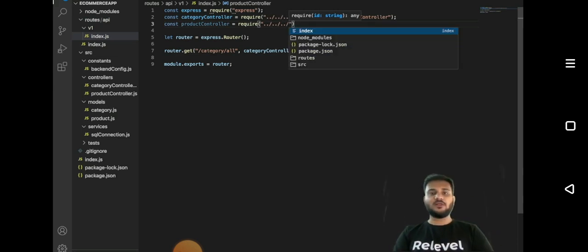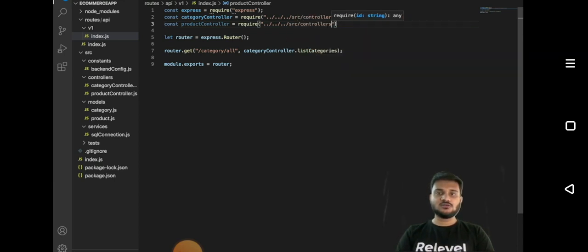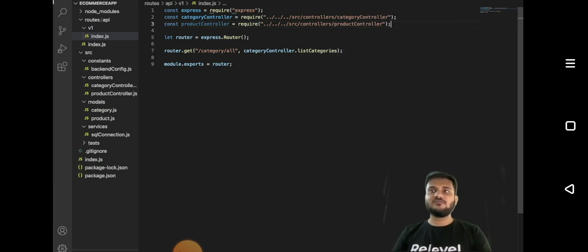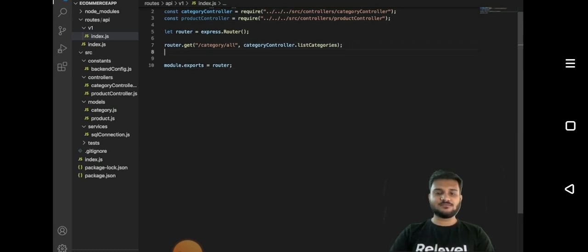Now in the home directory, now we'll go to source, controllers, and we'll say product controller. So here you can see we have successfully fetched the product controller. And now what we can say is